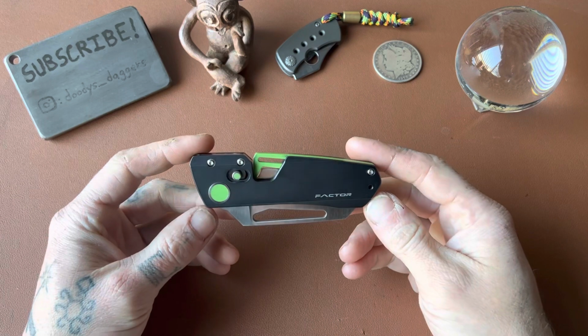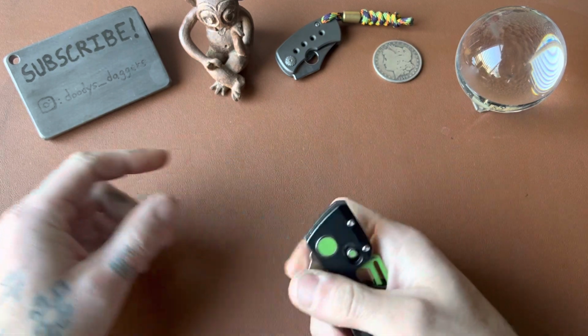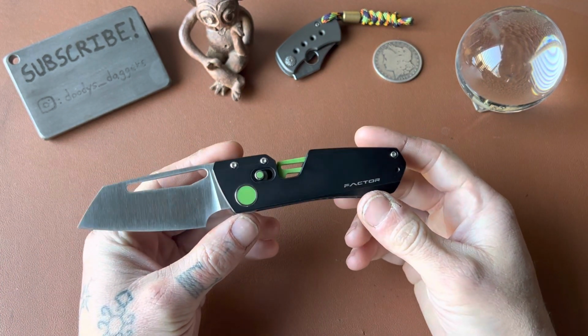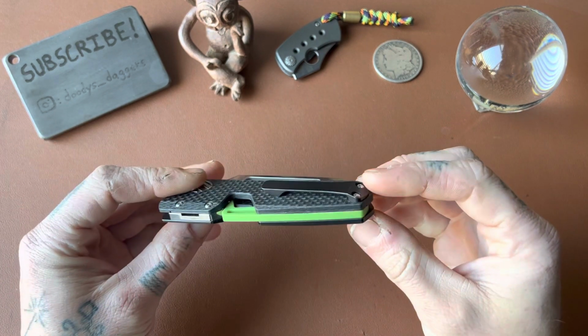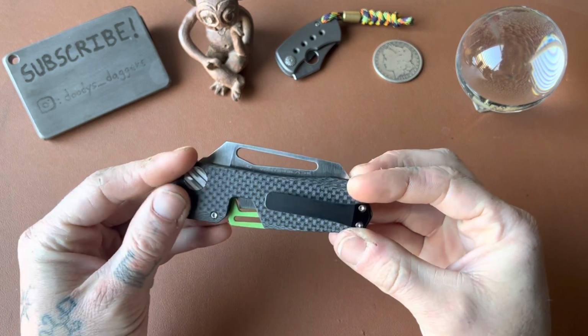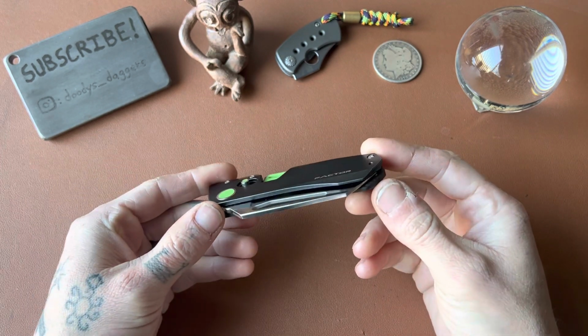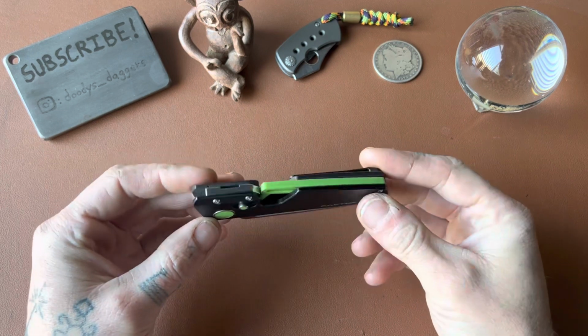So, I recently got this Winterbladeco Factor, the infamous magnet knife. I'm absolutely in love with it. It's fantastic. I'm going to do a full review on it in a little while, after I carry it for a little bit longer. I've only had it for a couple days now, but I wanted to kind of go